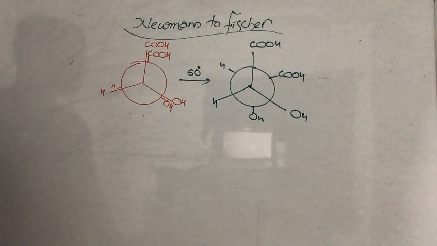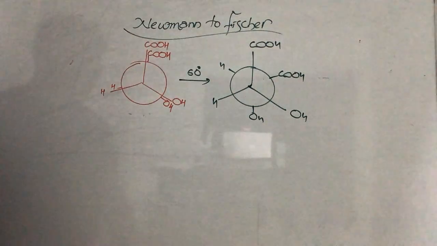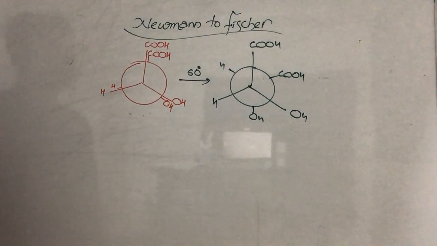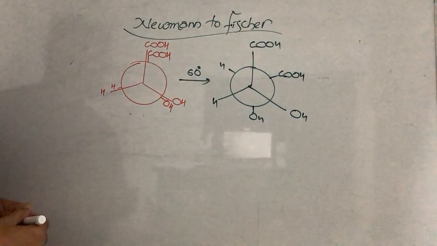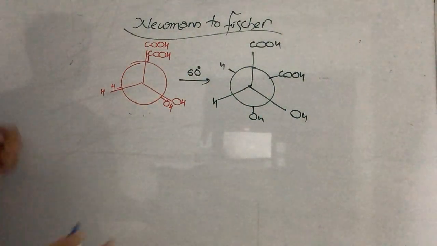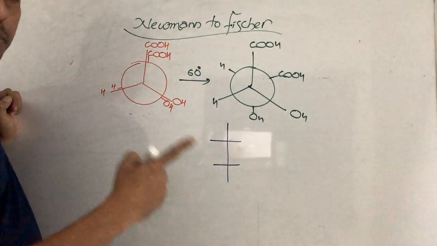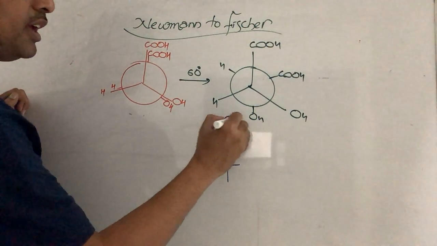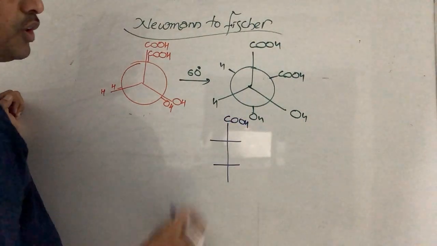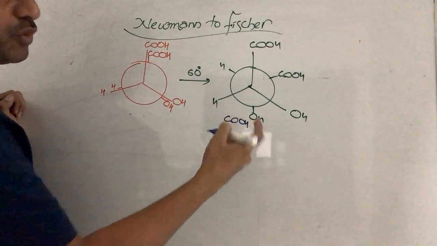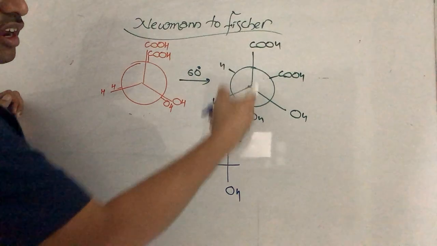If not, and you want to write from here only, you don't want to waste even 2 seconds of time, because conversion of this will take a maximum of 2 seconds. If you don't want even those 2 seconds, then again you can write from here, no problem, but this is not proper, I am saying. COOH, okay, now COOH, carbon, this OH I am writing here. These are all on one line.